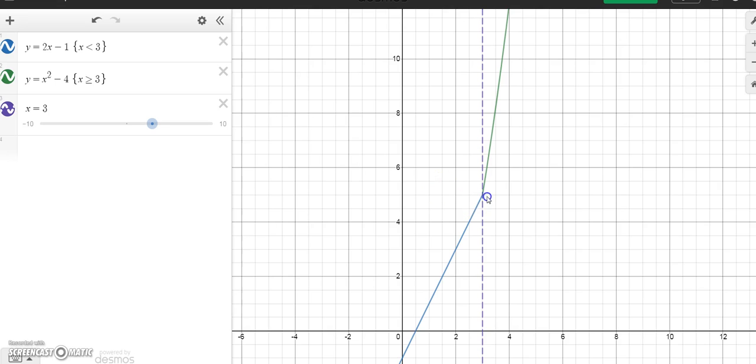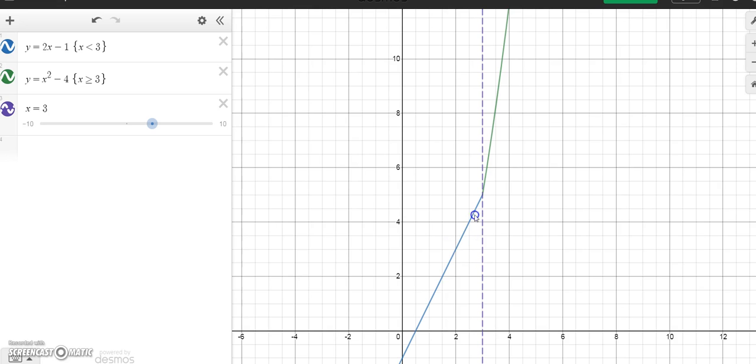Okay? Now let me go ahead and take that vertical line out. So that's what the graph would look like. The blue is the linear function, and then the green is the quadratic function. Now these appear to hook up, but here's the deal. Let me turn that 3 back on. So if you find the limit